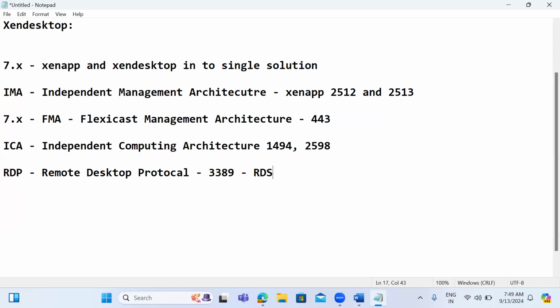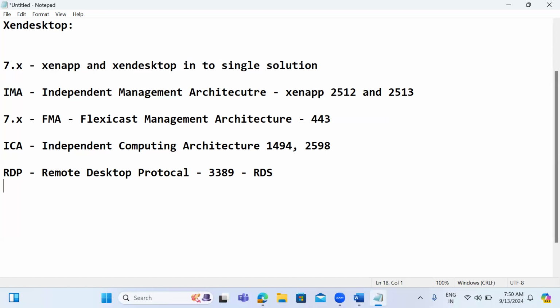What this means is, whenever we are using Citrix in the backend, definitely on the server level, what we require is